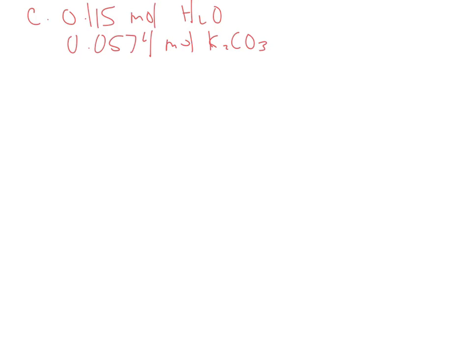So just to review, you have 0.115 moles of H2O, and you have 0.0574 moles of K2CO3. So to find the formula, you have to find the whole number ratio of these two moles,